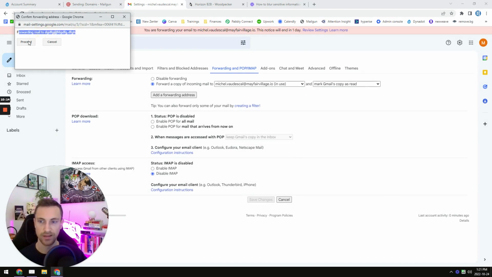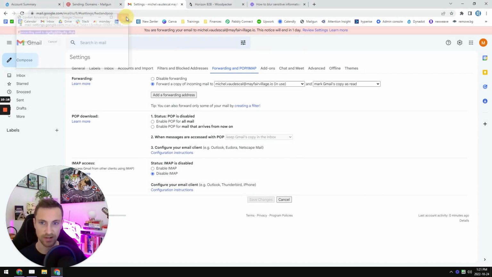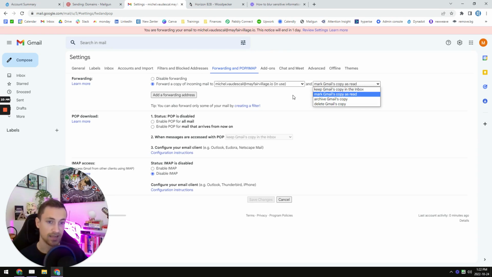Once you do that, you proceed. It will send an email. You'll have a field here to verify, or you'll receive an email at the address you just added to verify it. Once it is verified, you want to switch from disable forwarding to forward a copy of incoming email to the email you just added, and then you want to mark